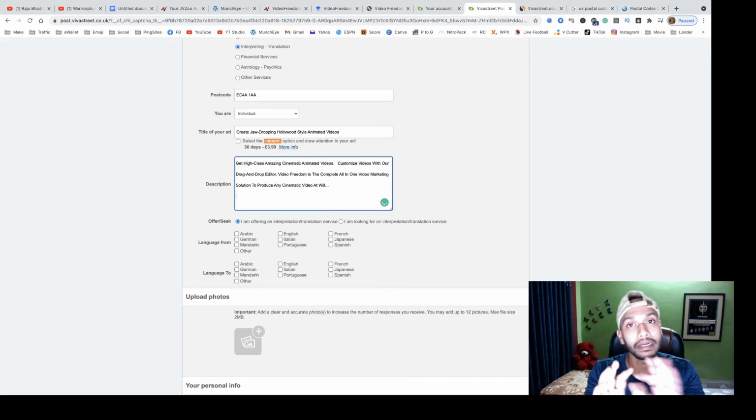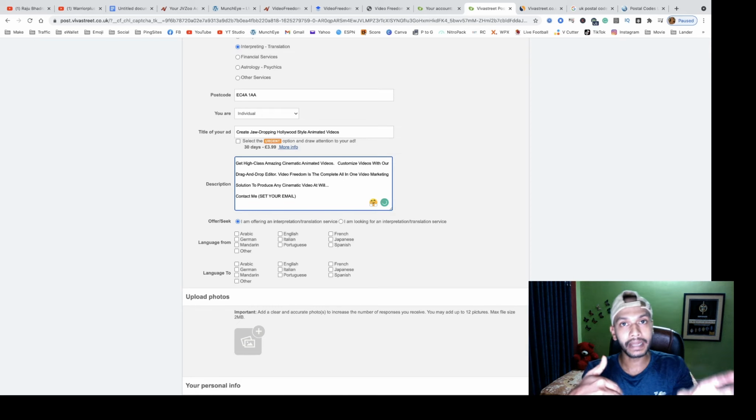Then don't use a direct affiliate link here. You can contact by email. If you use a direct affiliate link, then your ad can be banned, your account can be banned, your ad can be blocked.